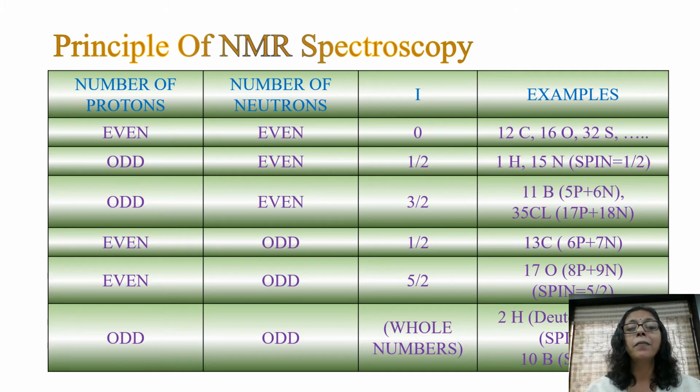कि अगर नंबर ऑफ प्रोटॉन्स और नंबर ऑफ न्यूट्रॉन्स इवन ऑड के कॉम्बिनेशन में होते हैं तो हाफ इंटीग्रल स्पिन होती है, और दोनों ऑड होते हैं तो इंटीग्रल स्पिन होती है। तो चाहे वो ऑड इवन के कॉम्बिनेशन में हो या जो दोनों ऑड हो, उस सूरत में तो वो सारे के सारे न्यूक्लियाई एनएमआर एक्टिव होते हैं। केवल और केवल एनएमआर इनएक्टिव कौन सा न्यूक्लियाई होता है? विच इज हैविंग इवन नंबर ऑफ प्रोटॉन्स एंड इवन नंबर ऑफ न्यूट्रॉन्स।